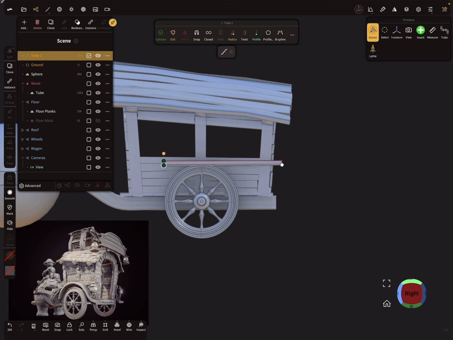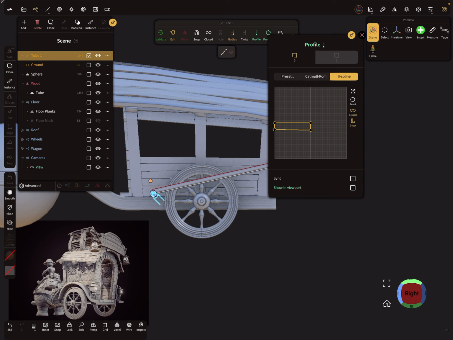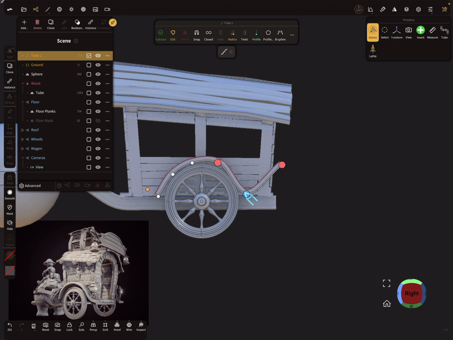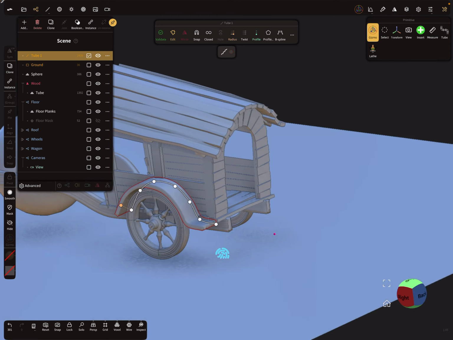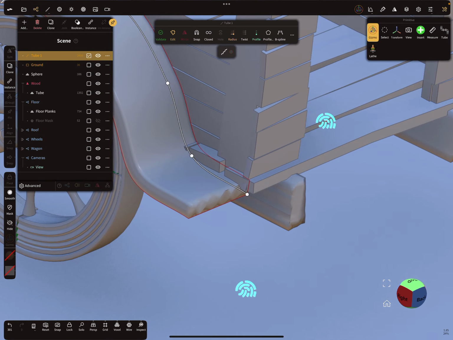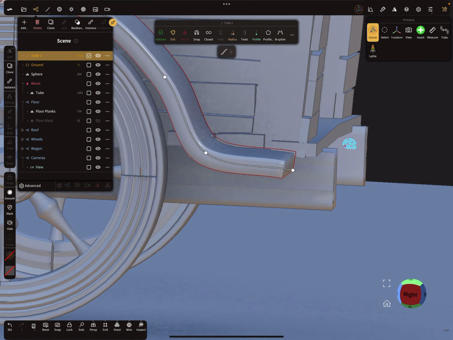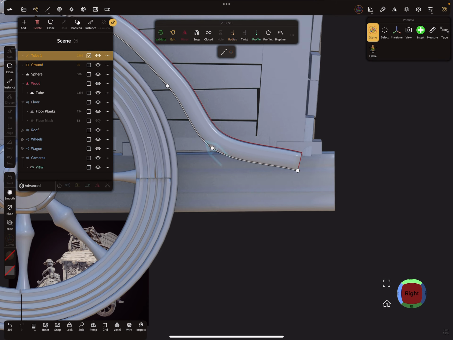So snapping is off, viewport is off. So I place it here.